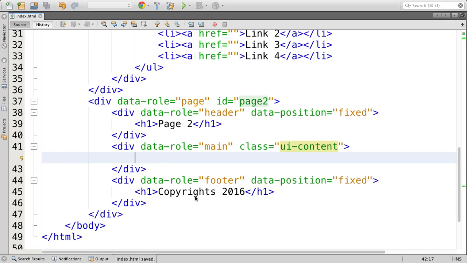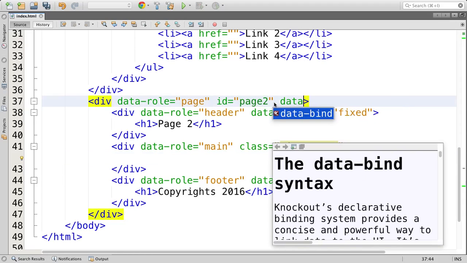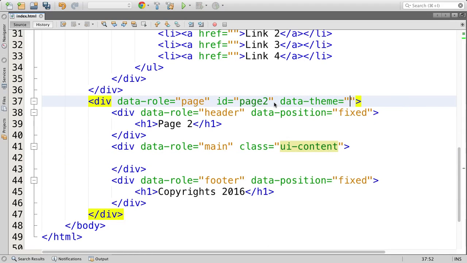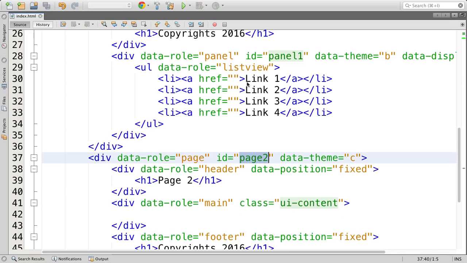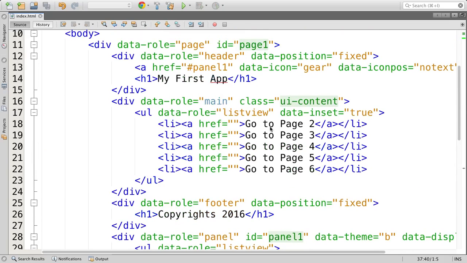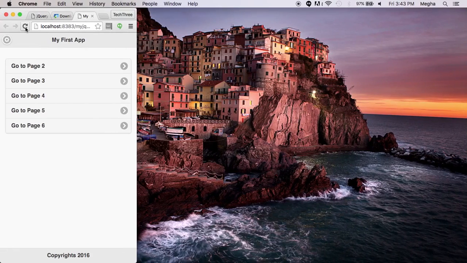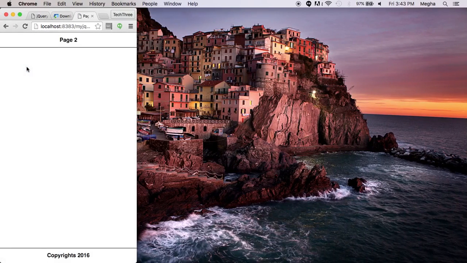So assuming the second page is created, this time let me use data theme C, a different theme. The second page looks slightly different, and it has a page ID. Call this page ID wherever you want, and I'm going to call this whenever the go to page 2 is clicked. Page 2. If you notice, the second page loaded, having a slightly different high contrast theme, looks like it's a different theme,